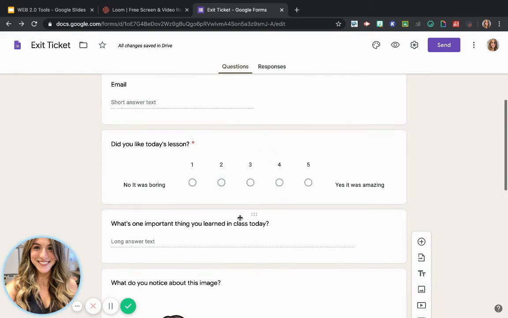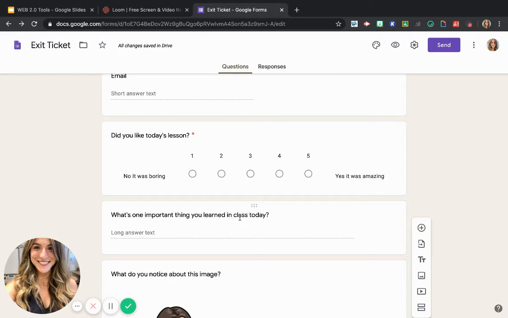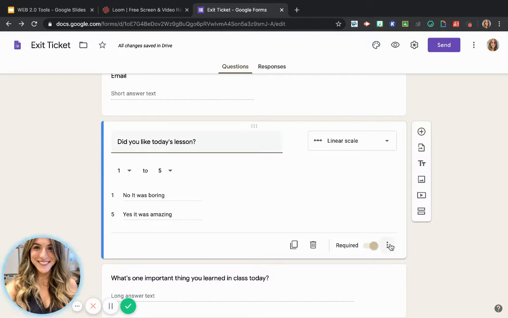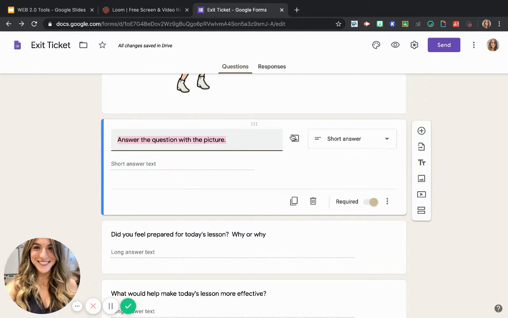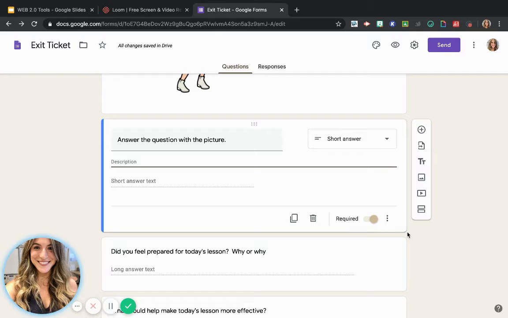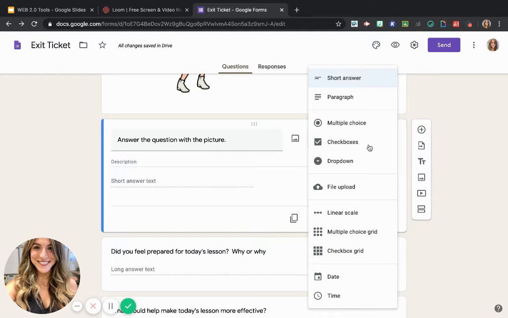Now let's say you want to create an answer key. So here's what you do. I'm going to go down to one of these. I'm going to click here and I'm going to hit description. And then this way I can type a description that goes with it, or I might say, I am looking for complete sentences using capitals, punctuations, periods, etc. So then what I will do is